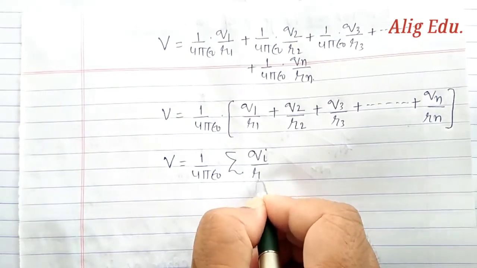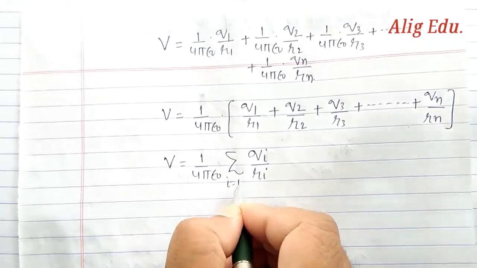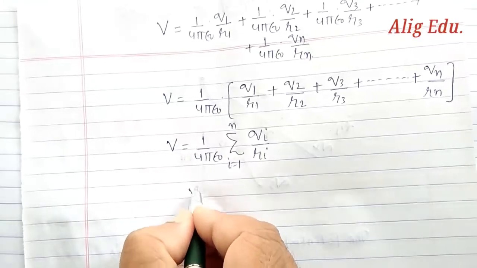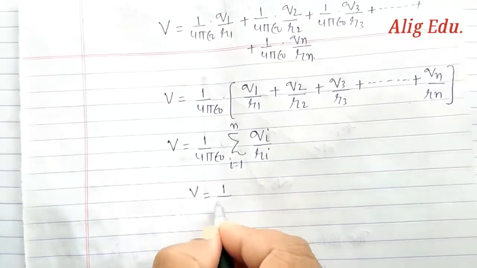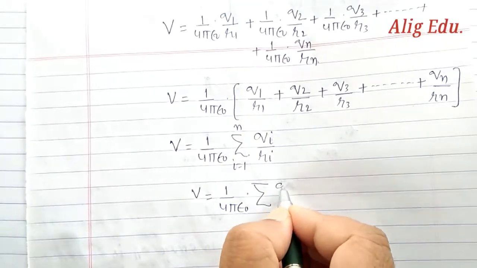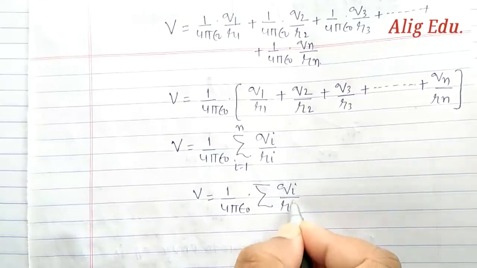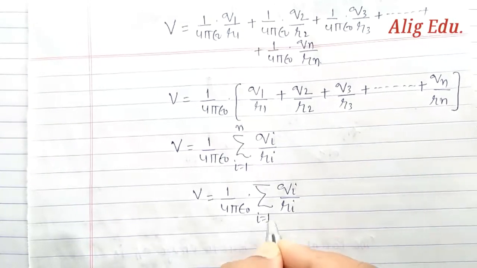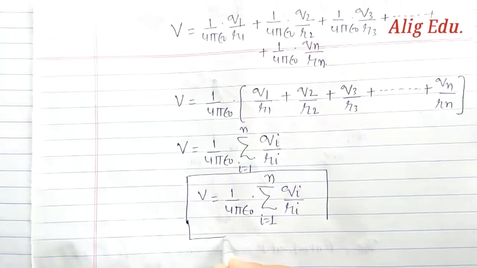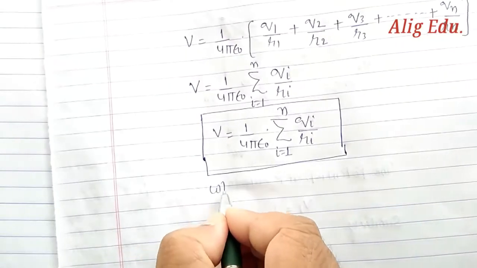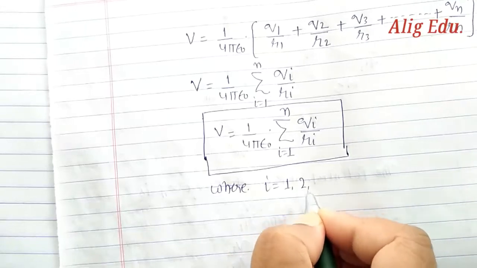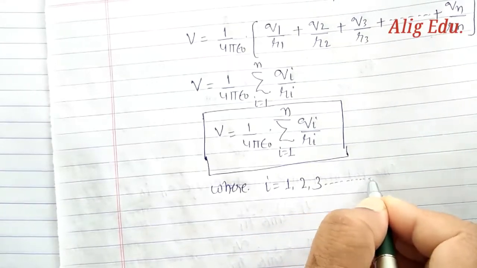So V is equal to 1 upon 4 pi epsilon naught summation Qi by Ri, where i is equal to 1 to n, where i is equal to 1, 2, 3 up to